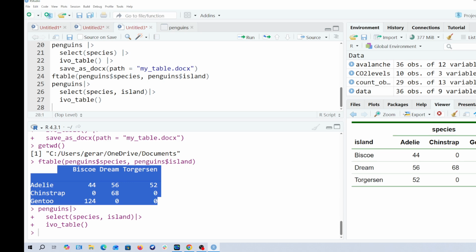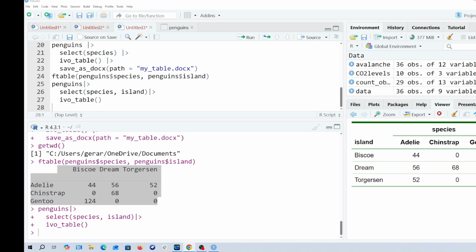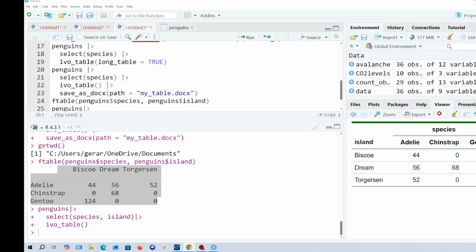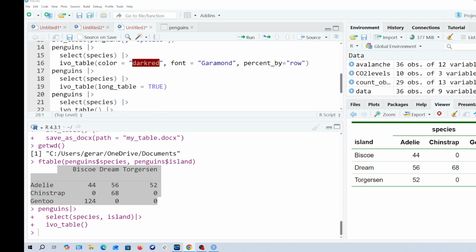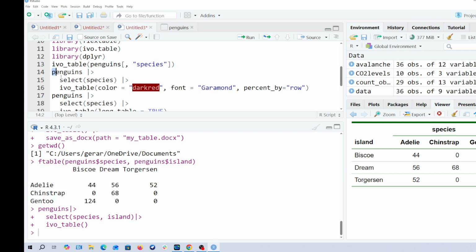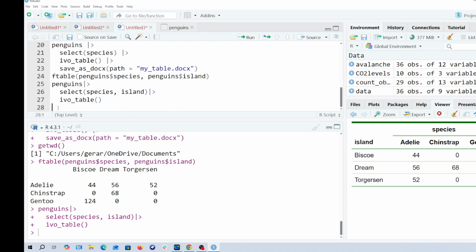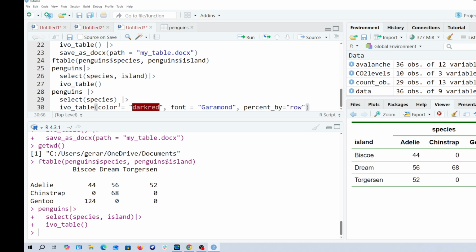If you want to format it, say using flextable, you can change the font size. If you want it in percentages, you can do it as we did for the previous one. If I want it in terms of percentages, you have to go back to this format and pass in the percentage by row. But here you have to make sure. Let's just say I copy this out and we try it. If I copy this and paste it, if I want it by the islands,